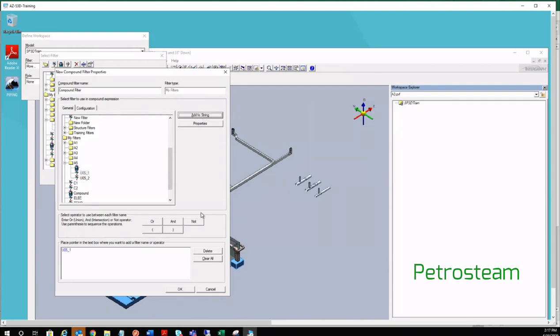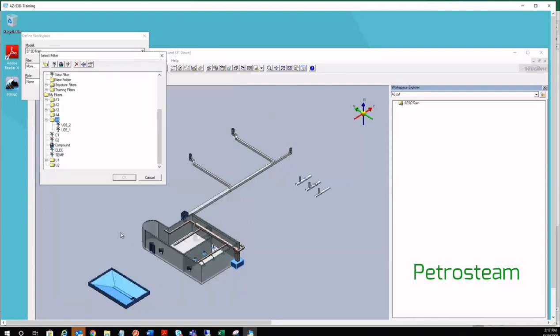And then here operators are available. Here you have to add the required filter, and the operators to combine two filters are available over here. I will click AND, and U05 2. So this AND this means it will combine both and give you a result for the compound filter.